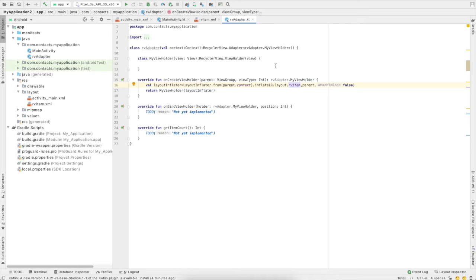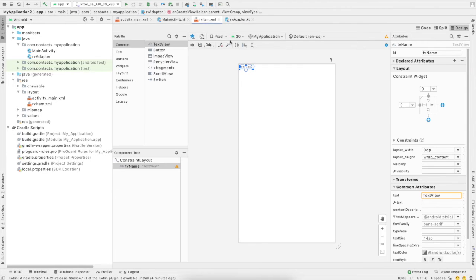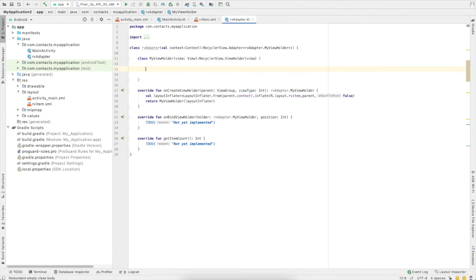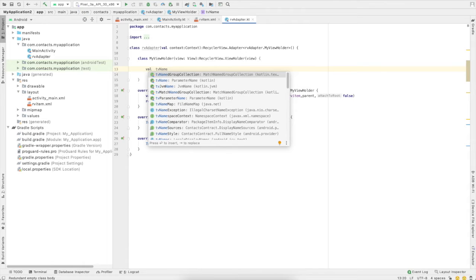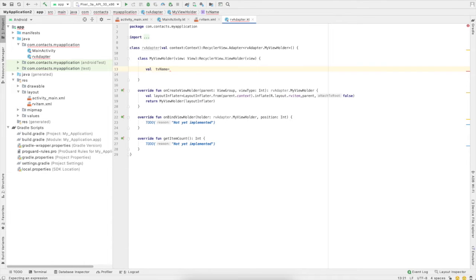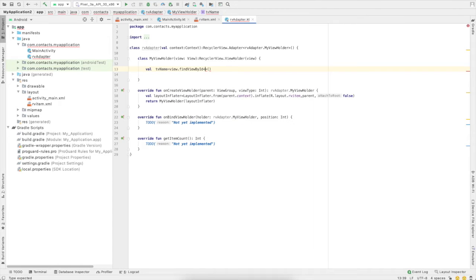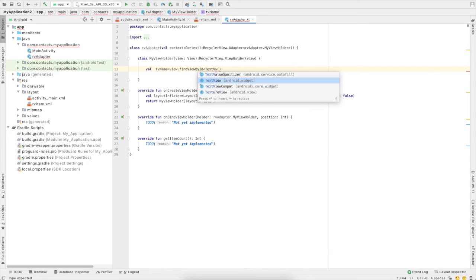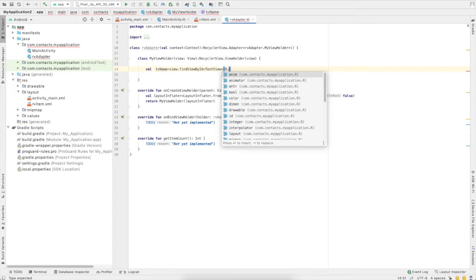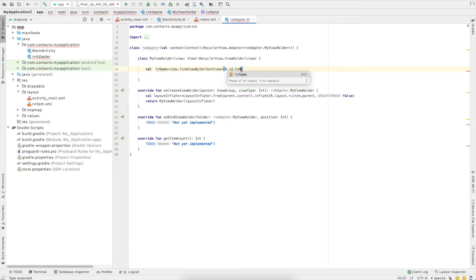Now what you have to do: you have already created one text view, right? I have created tv name over here, so you have to create a tv name over here. So val tv name equal to view dot find view by id. We have the text view, so pass the text view object over here, and then pass r dot id dot tv name. It will automatically show you this tv name.